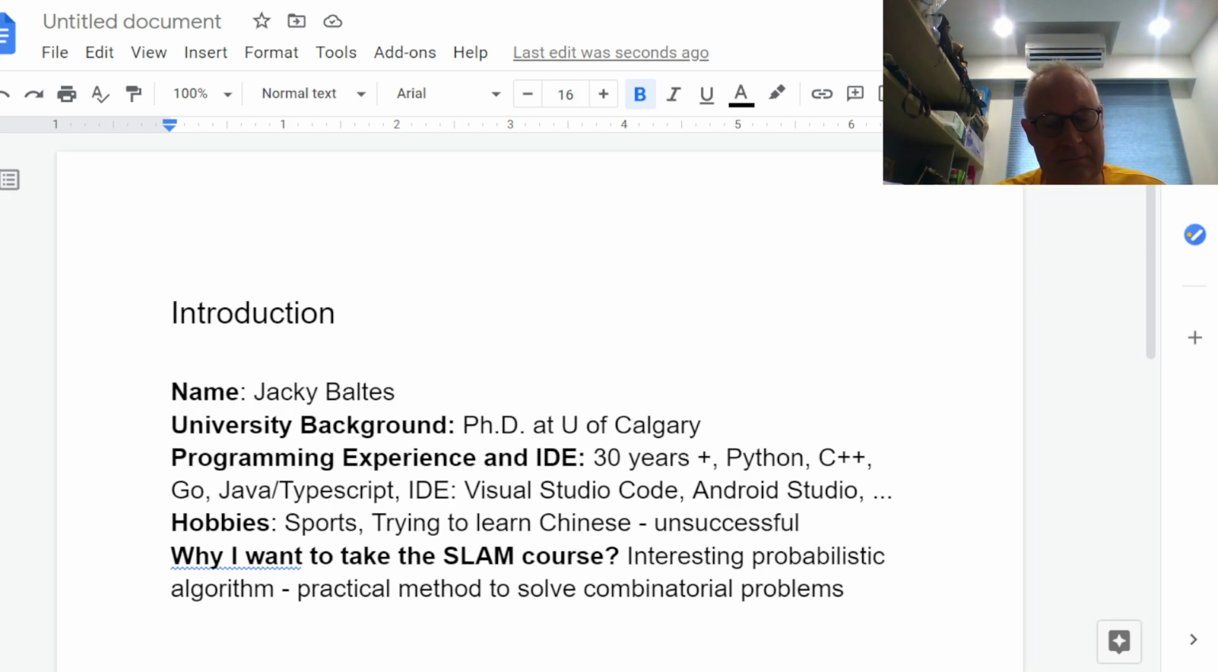Okay. Hello, Professor. My name is Lin Yu Wei. My university background is Tamkang University. Programming experience is Python and C++. IDE is Visual Studio Code and Rust. Hobbies is playing violin. And why I want to take this class is because I want to know how the robot knows where it is. I'm interested in it. Yes. Okay, thank you. Very well done. Thank you. Okay, next up at